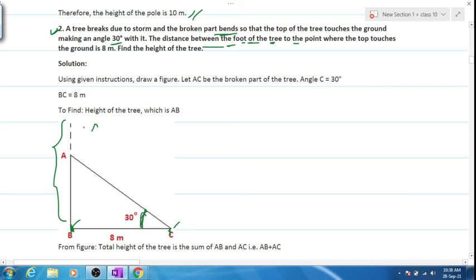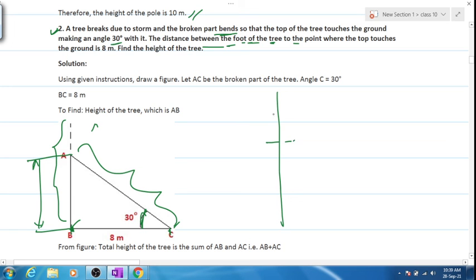The length, distance between the root and the tip of the tree, because this entire tree has broken down, right? So over here, first of all, what you have to do is calculate the length of the leftover portion of the tree, which is AB, and then you'll have to calculate even this AC, right? Because this is the entire tree, and this portion has broken down and come out here. This has to be quite longer to come, but still, that is why this has been made dot dot dot, because we don't know how long the tree is. Is it clear? First of all, tell me what is AB, the leftover portion of the tree. First of all, make sure you write what is AB and what is given.